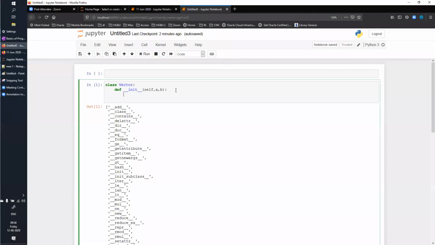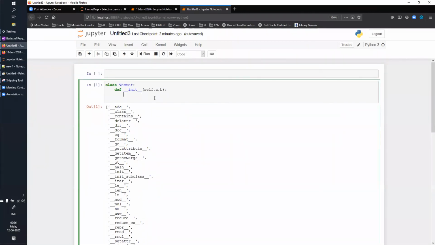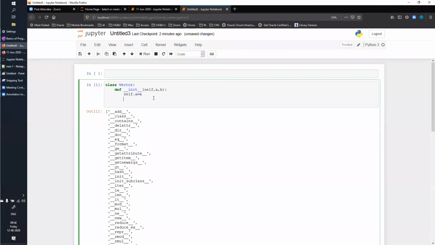We will keep it very simple for now. So what I'm doing is I have these variables, and then I can say self.a equals a and self.b equals b. Okay. Clear? Yes, sir.